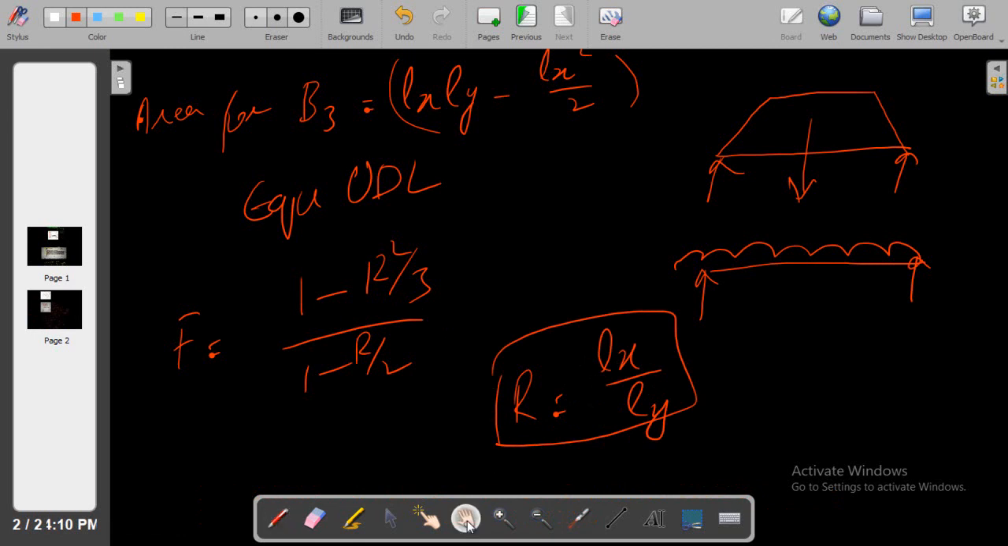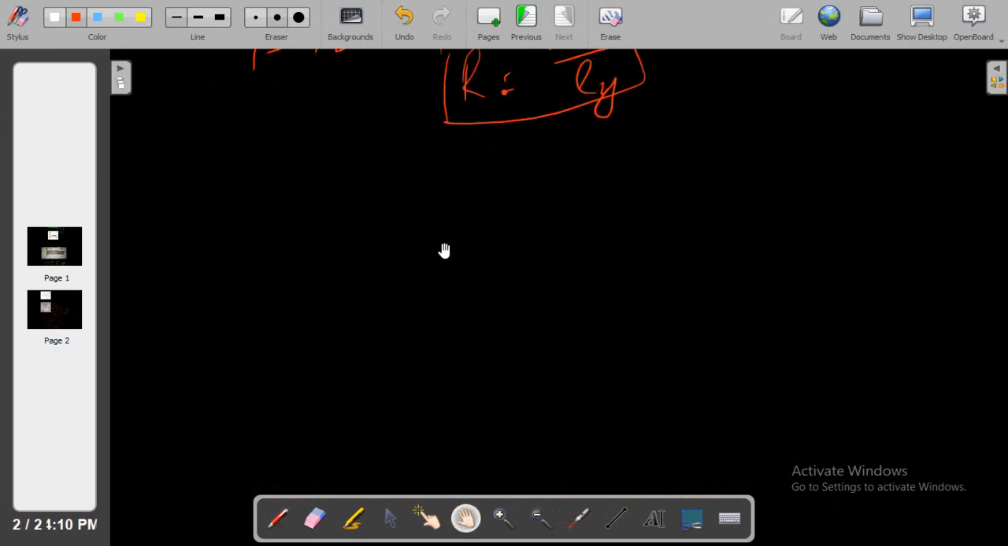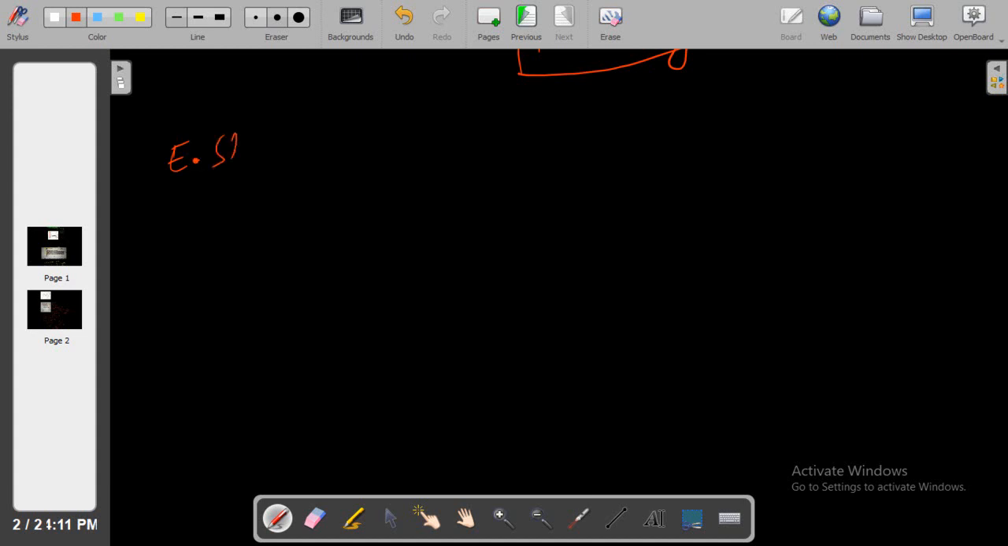Now what will be the equivalent slab width? This is important, as determined in case 1 and 2. So what will be the equivalent slab width? This is important. The equivalent slab width for calculation of bending moment